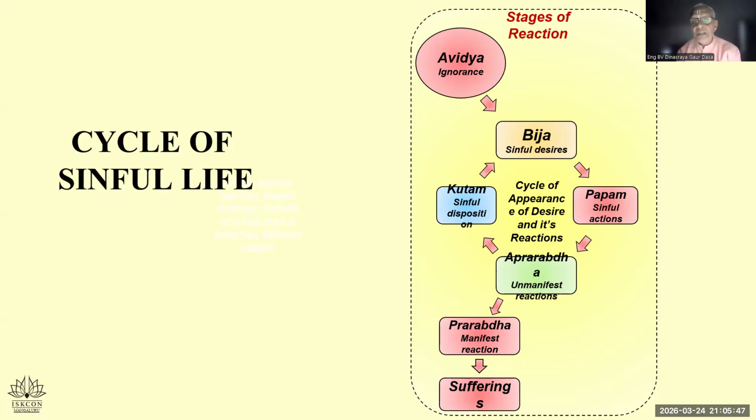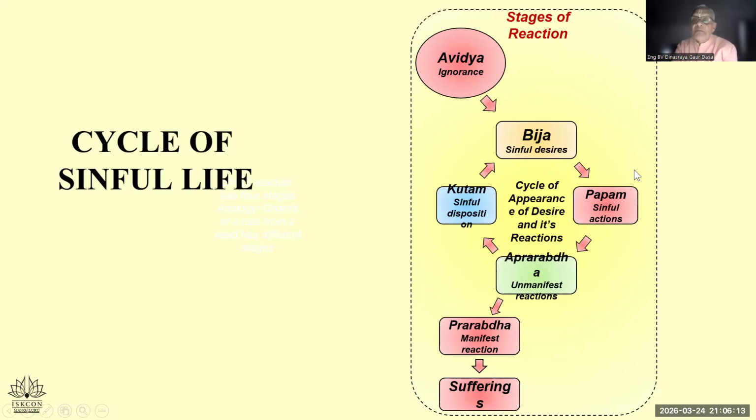And Krishna consciousness provides us this knowledge, basically. And Lord Krishna and our great acharyas who have lived this knowledge are our examples to be followed. So avidya is the root cause, and it may result in bija or sinful desires to perform. Then when sinful activity is performed, it may manifest itself immediately. Then it results in immediate suffering.